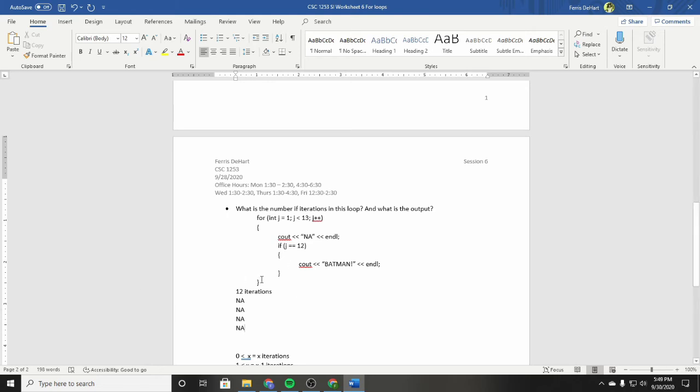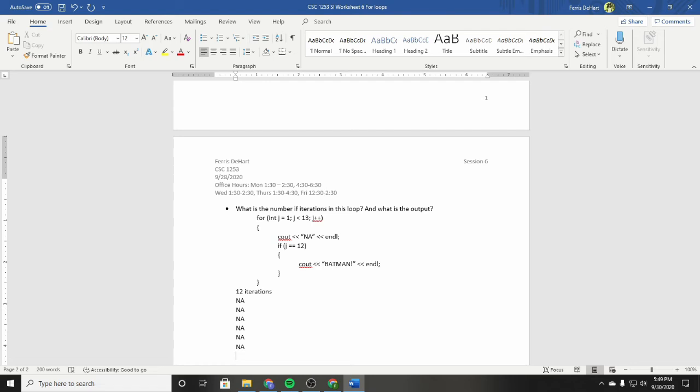So once we get here, we go back up again to where j is 5, and that's less than 13, so we cout. Then it's not equal to 12, so we go back up and increase j to 6. 6 is less than 13, so it couts again, and then 6 is not equal to 12,